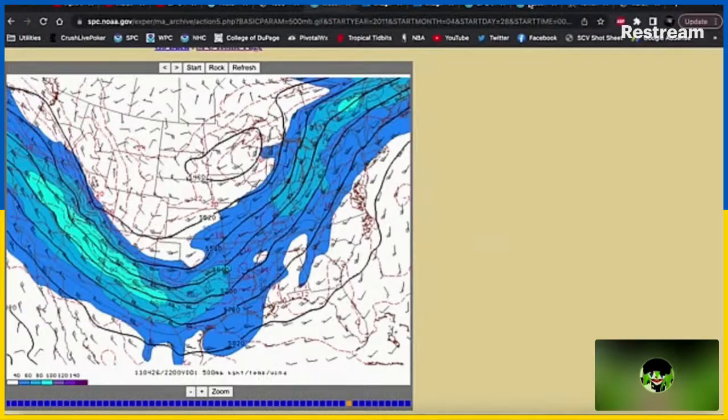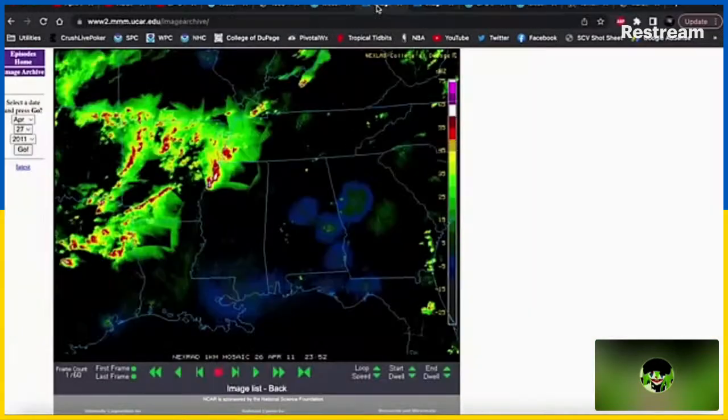So we are going to start on the evening of the 26th. This is a kind of broad scale radar view. You can see multiple tornadic supercells ongoing across parts of northeast Texas into Arkansas. And as we go throughout the night,